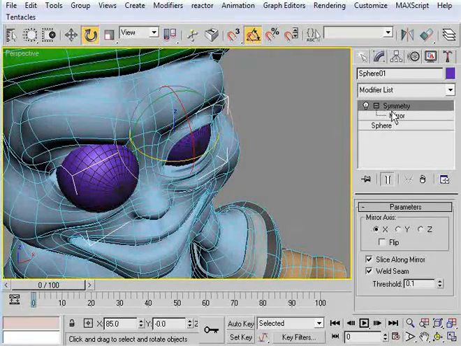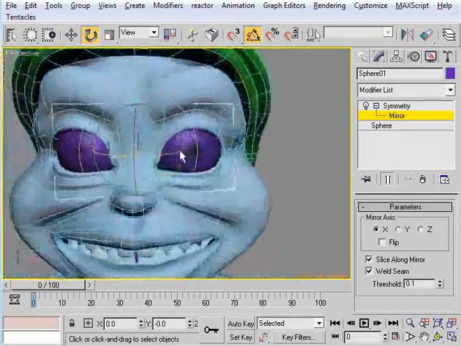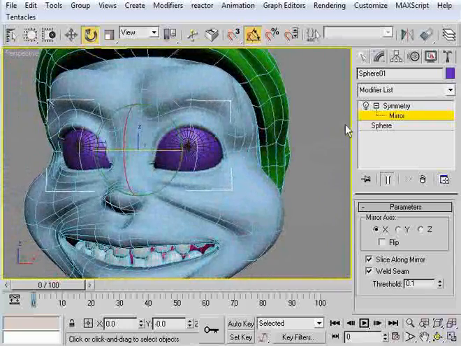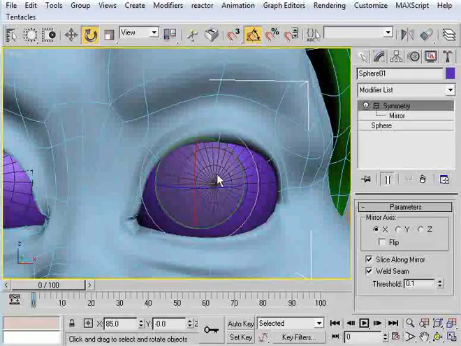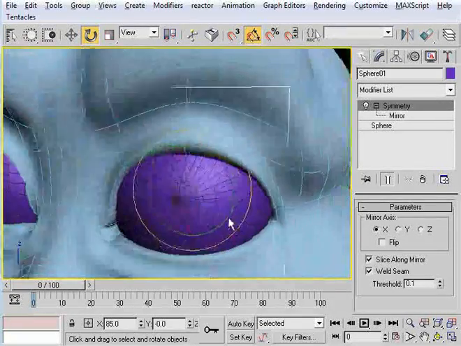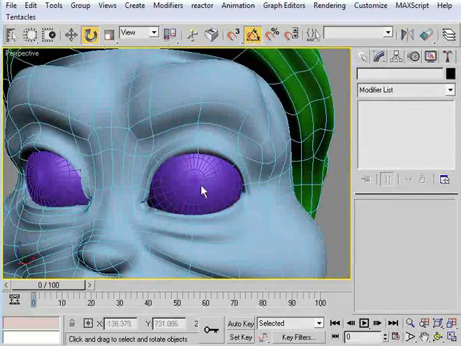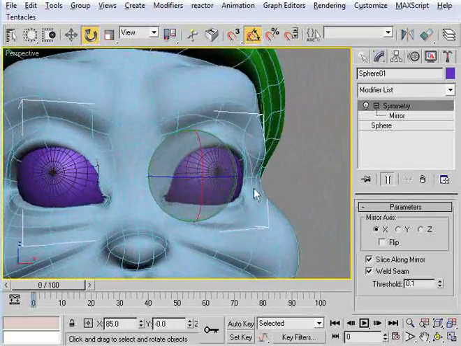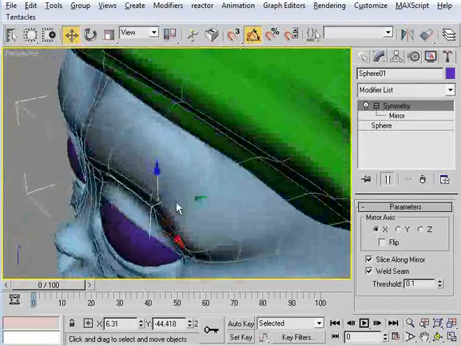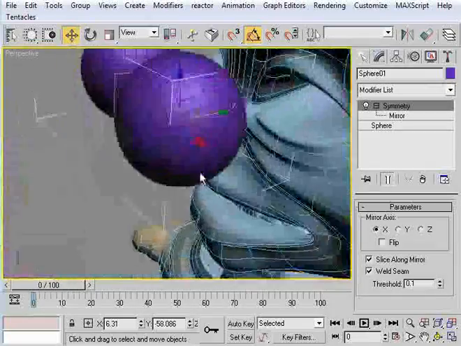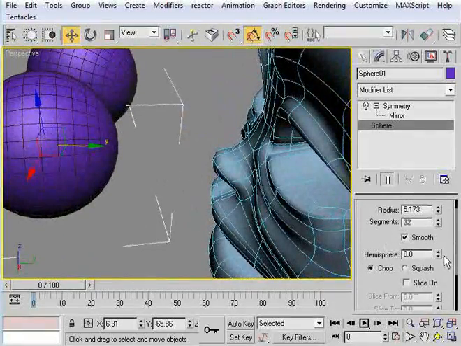Okay, we now have to go into our mirror and rotate it back. Alright, so our eyes are back the way we want. But by doing this, we have actually given ourselves the ability to use the mesh of our eye here. As we can see just by looking, I can actually see how the eye would look with the iris, the pupil, and everything. So I'm going to just pull this out for a minute. I'm going to go in the hemisphere,